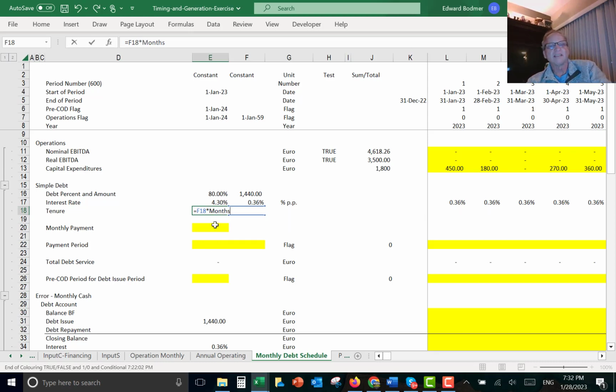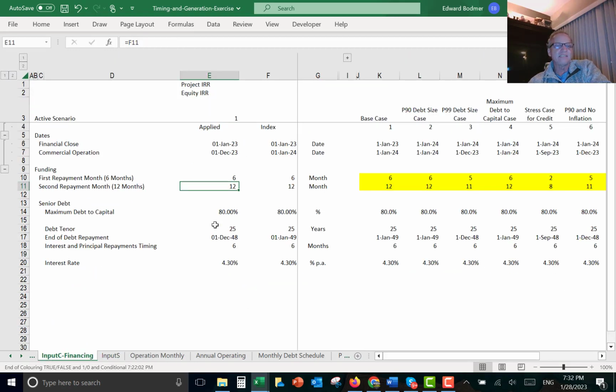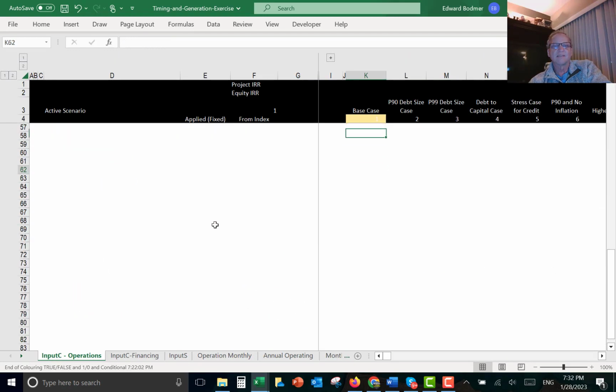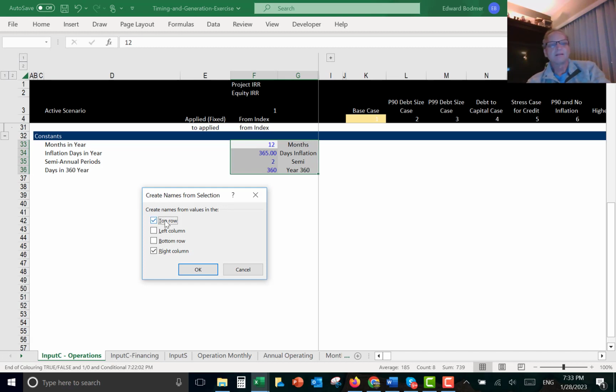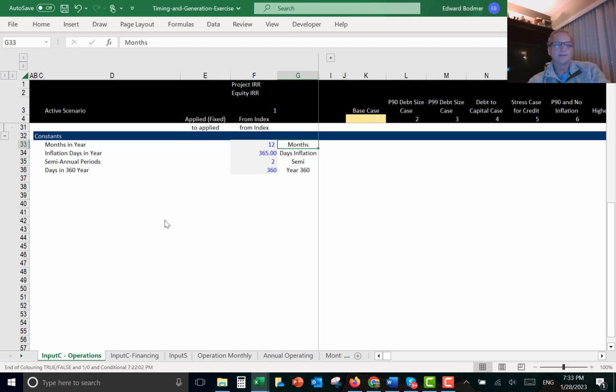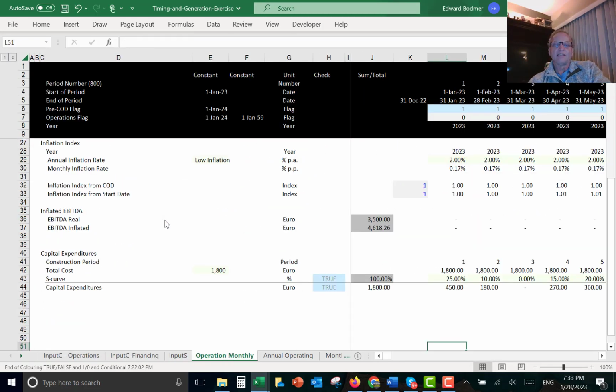And of course, what I did here, which is so exciting, is that in the input C, the first input C, I put a few of these things over here and made sure we have the range names. So you just select these, Shift Control F3 to name the ranges, and it says name them from the right column, Shift Control F3. F3 is all the range name stuff, okay? And then we